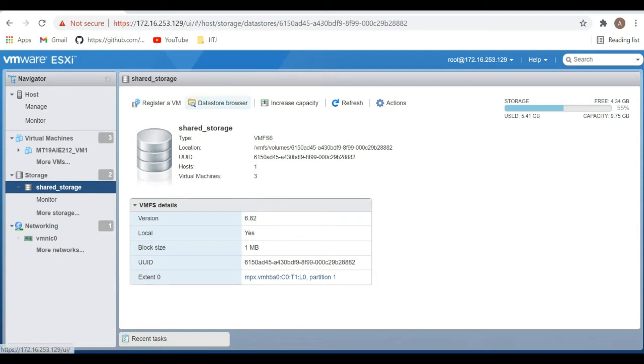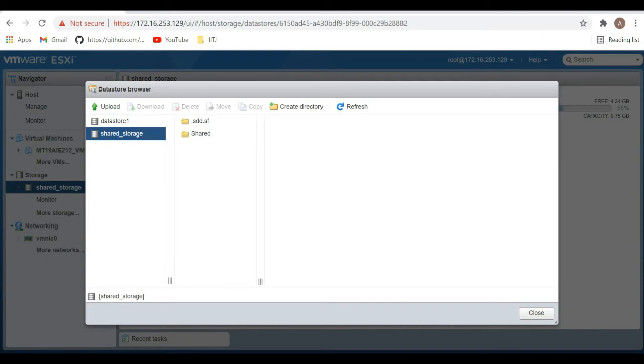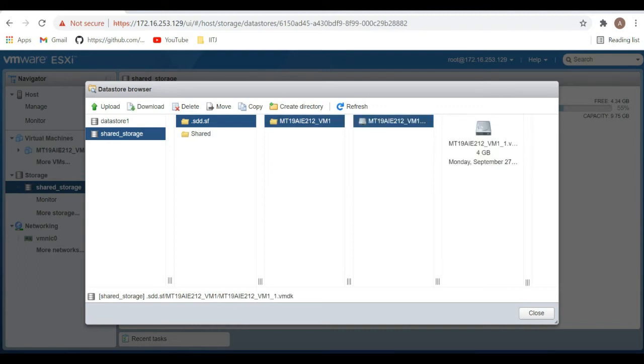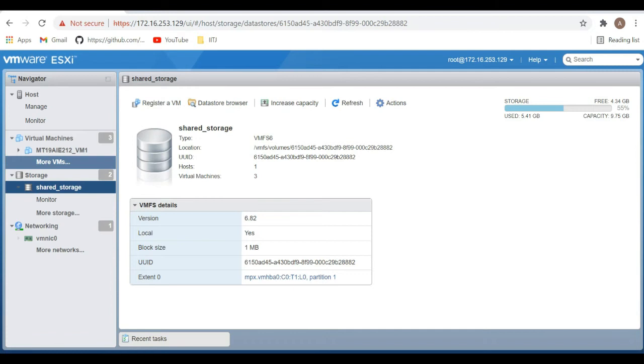When I show you the data explorer, this is the data explorer being shown. Here, this is the file being used across all of the three VMs. First, the file has been picked by VM1, and the same file I don't need to create again and again. I just shared it across the other two VMs. So this is the one. This is the 40 GB drive, and this is being shared across all the locations. Let's move on to the VMs.